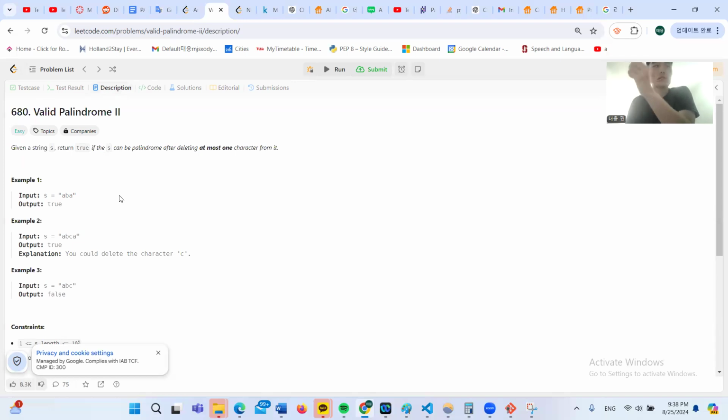One check would leave out the character at the end, assuming that it could be an extra character that is causing a non-palindrome, and another would omit the character at the start. That would be done by left plus one and right,